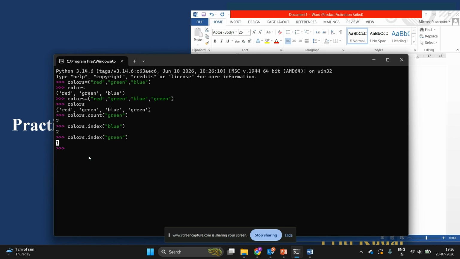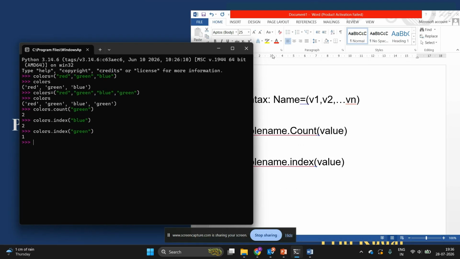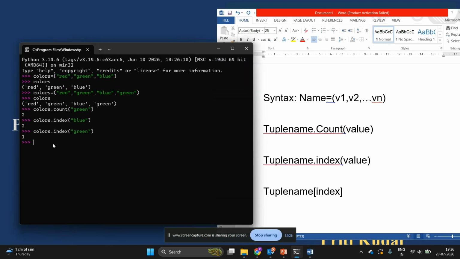Now we can access each individual value from the tuple by using its index position. Whenever I want to use or access a specific value from the tuple, I can use its index position simply by using the tuple name, and in square brackets we mention the index position. So suppose I want to print the second position element, I will write the tuple name colors in square brackets with 2.